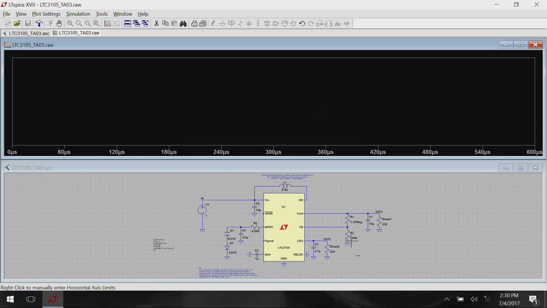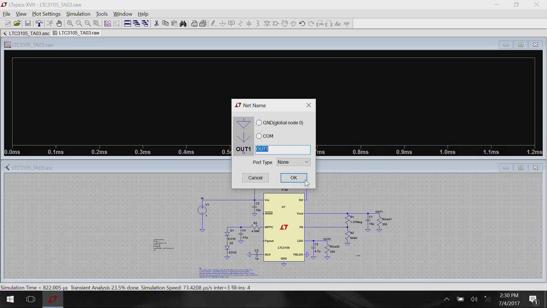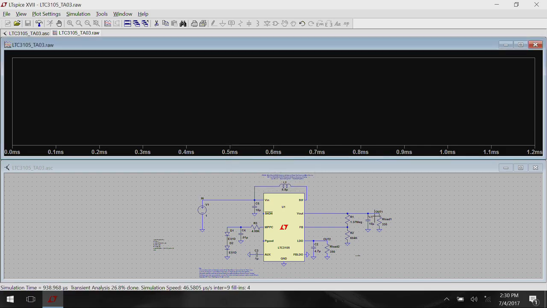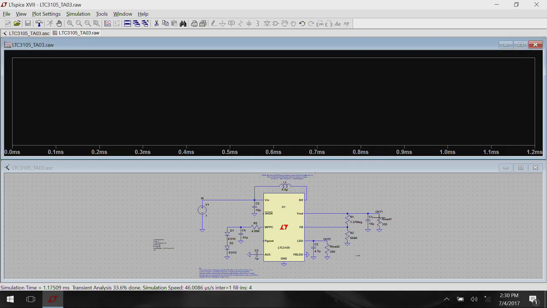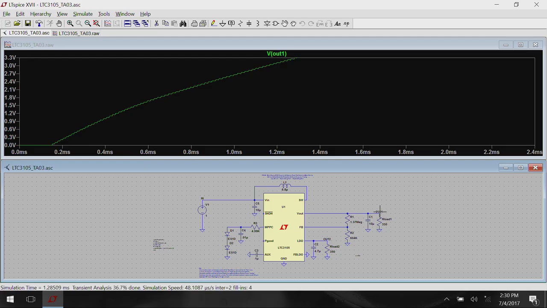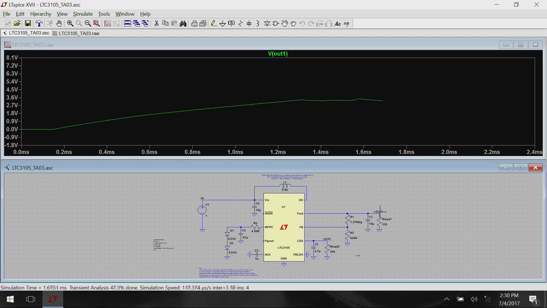So, there you are, it has started the simulation. The simulation output is here. I want to see, let us say, this output. There you are. So, you can see slowly it is building, and you will see that it has stabilized to some voltage